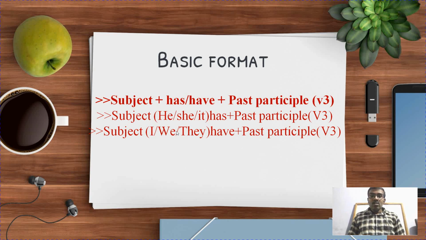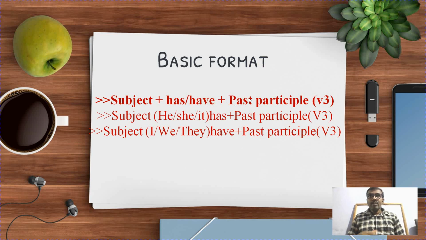First, in all the tenses, the subject will be the first thing. It will come first. Subject plus has. Here the new condition: has or have, auxiliary verbs. Has is for the singular subject and have for the plural subject. You have, I have, she has, he has, it has. These three are third person, the subject is singular third person. Another new term here is past participle.